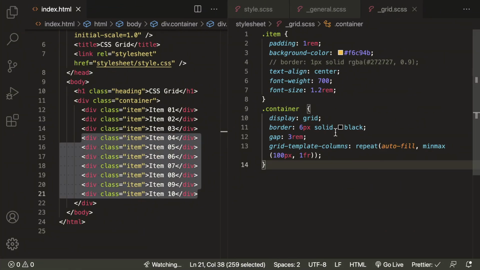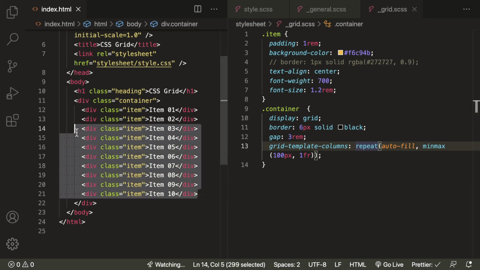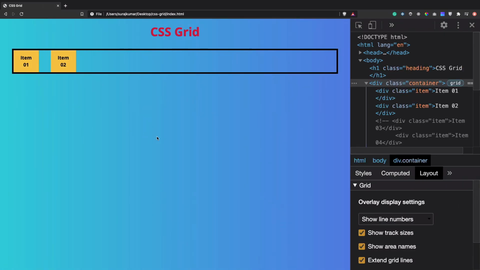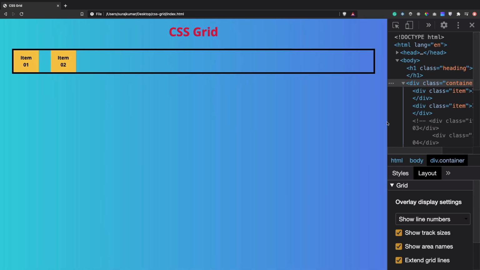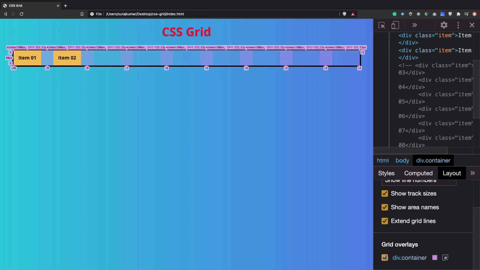Now let's see how it works with autofit. Again we'll get rid of these extra items, refresh, and get our grid lines. These are the extra columns created when we are using autofill.